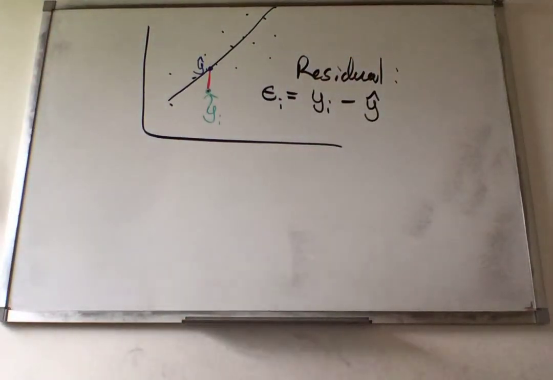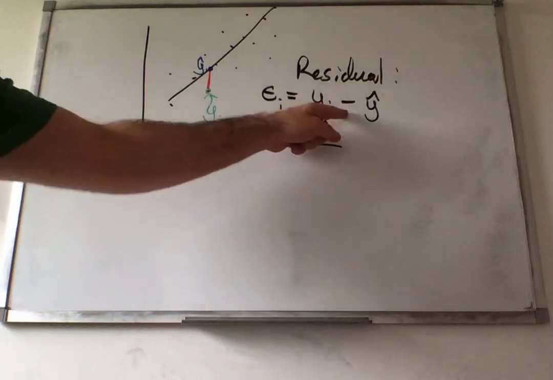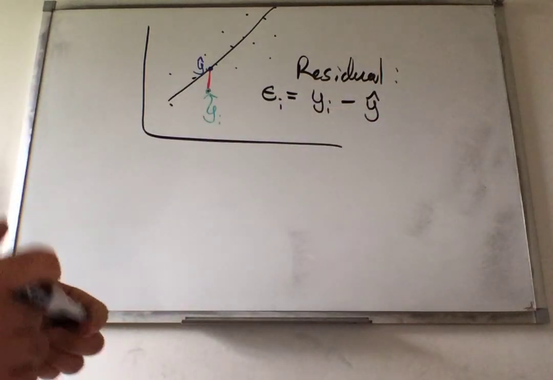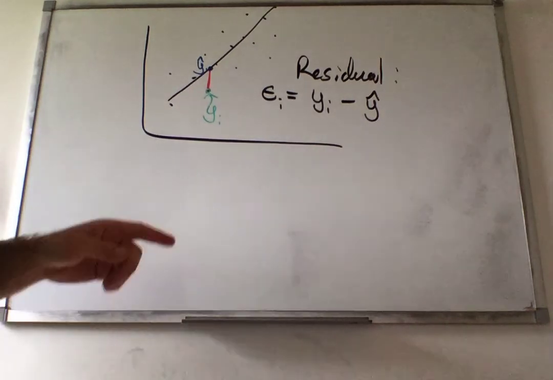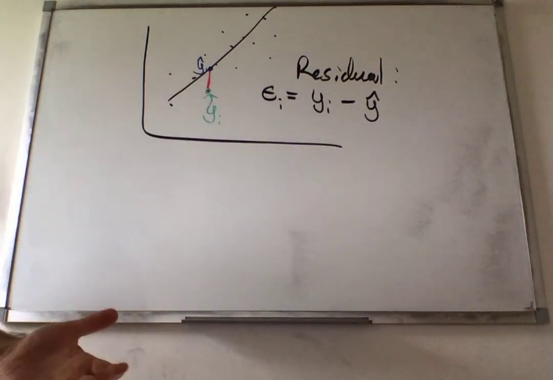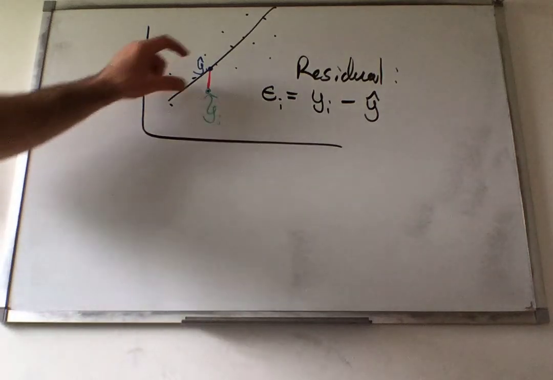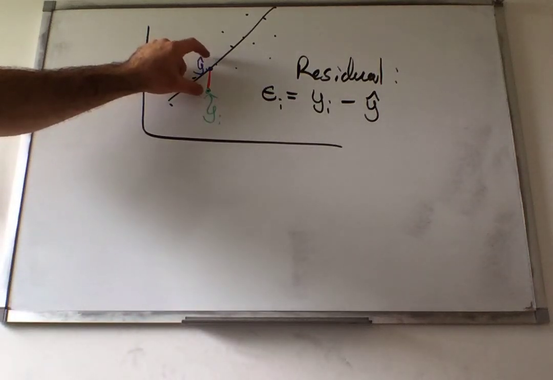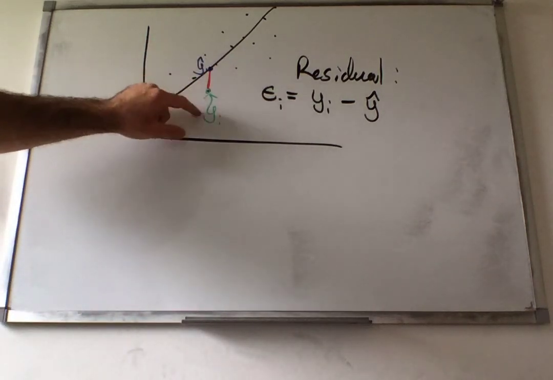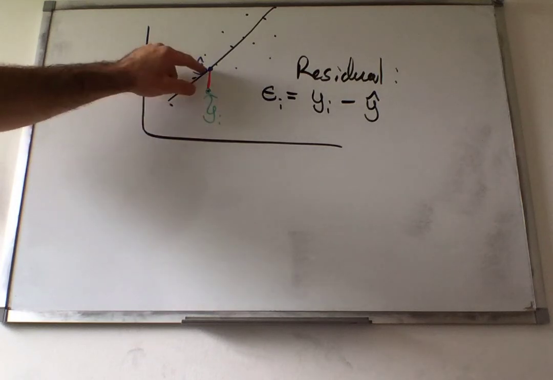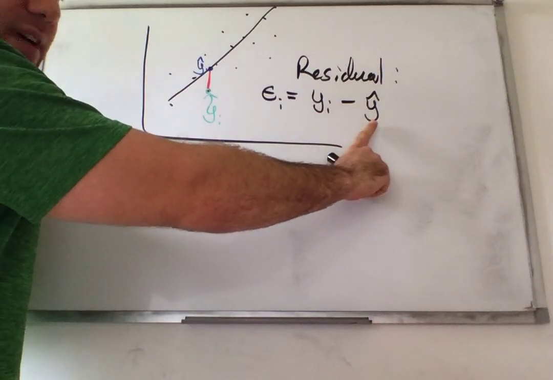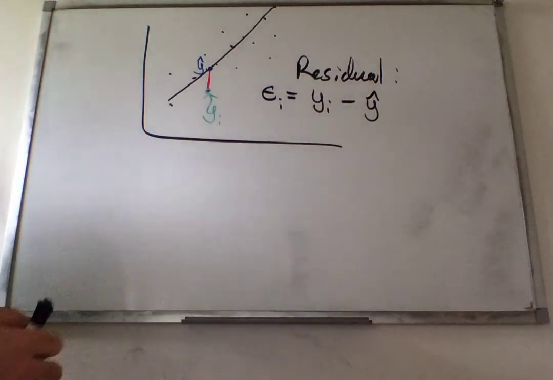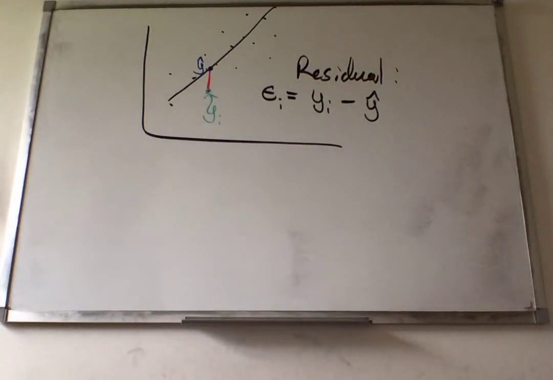That's all you do. Actual minus predicted. Now, sometimes these epsilons are going to be positive, sometimes they're going to be negative. Here, epsilon will be negative because my actual value is smaller than my predicted value. If my actual value is smaller than my predicted value, this is going to be a negative number. So these little residuals are distances,